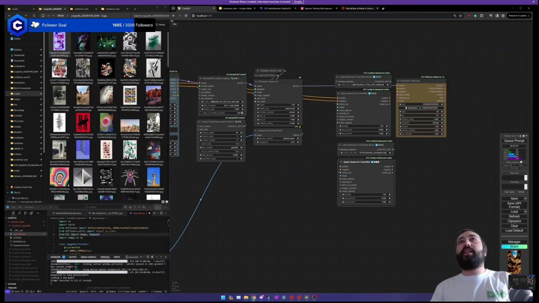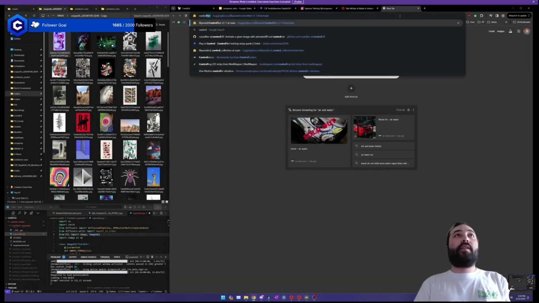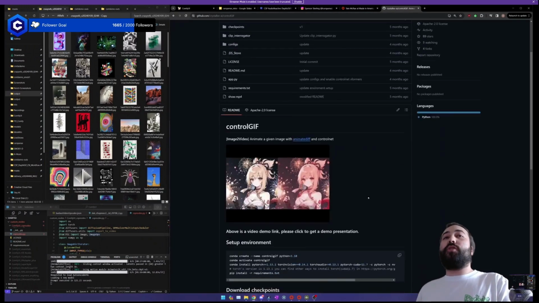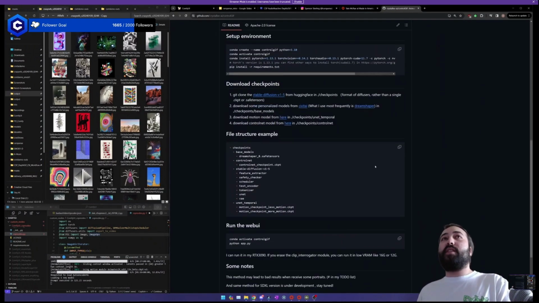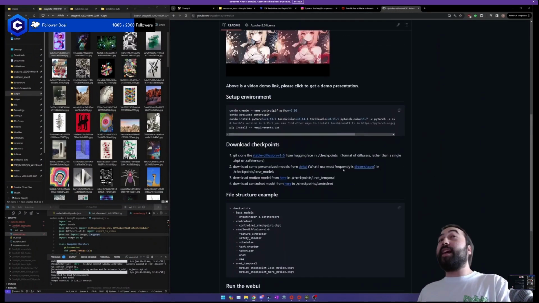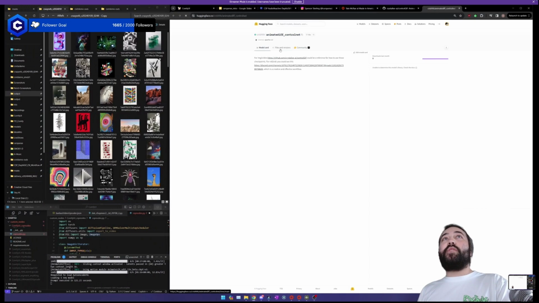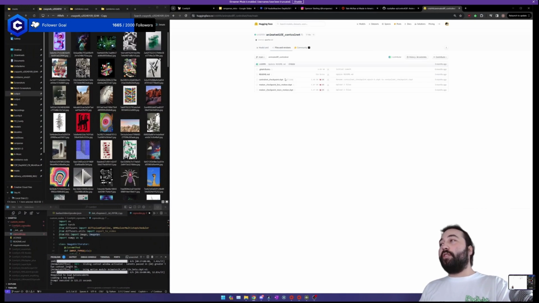But this is a really interesting, let's see if I can find it. Yeah, so this is a pretty interesting control net, which appears to be trained on video. And it seems like it was trained to predict the next frame of video. And when you use it with AnimateDiff, it seems to really just smooth out the motion, which is really, really cool. It also helps keep the colors in check a little bit from blowing out or becoming grainy. So it's a little bit of extra sauce I like to put in there.